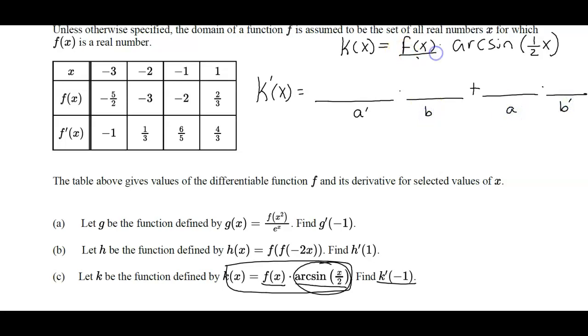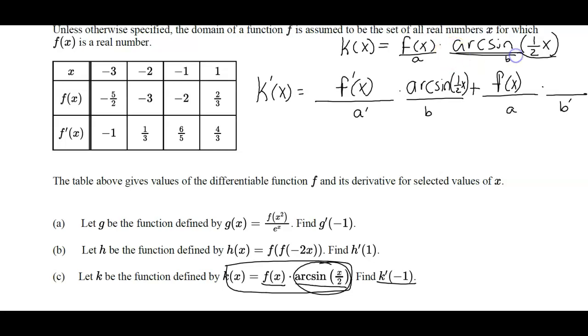So this would be like the A here, and this thing here would be the B. Okay, so A prime would simply be f prime. B is arc sine of 1/2 x. A is f of x. And B prime is going to be,